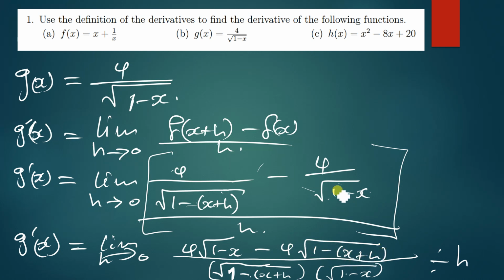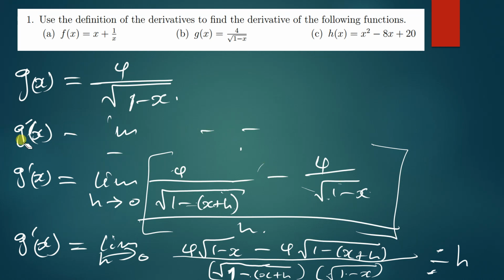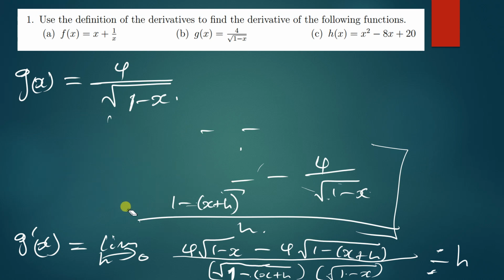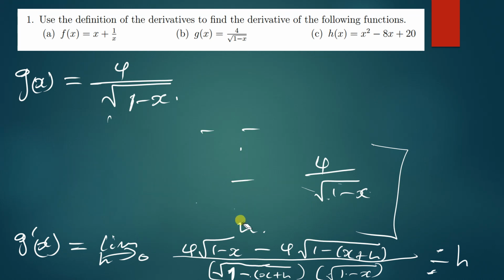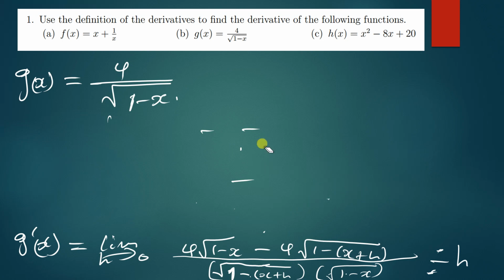So what I've done is this into that, we remain with that times 4, this is what you get. And then everything divided by h. Okay, we create more space so that we can solve the remaining part of the question. All right, so